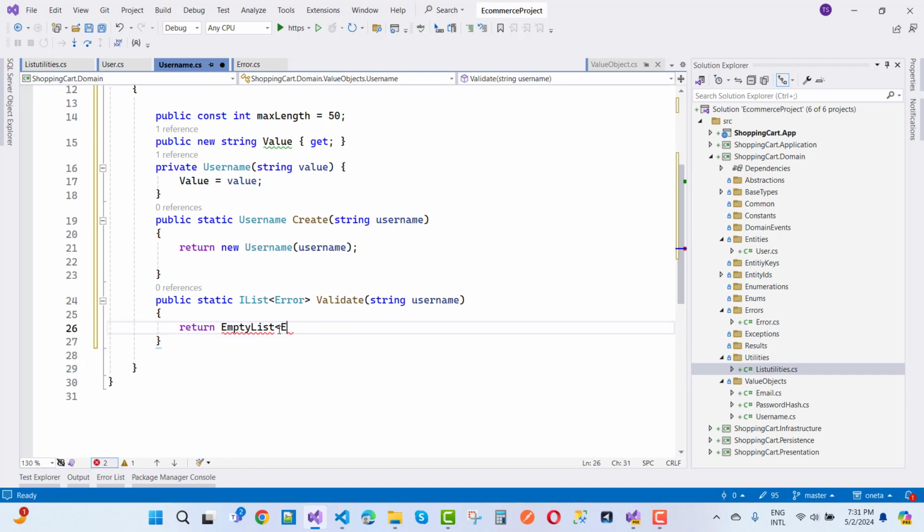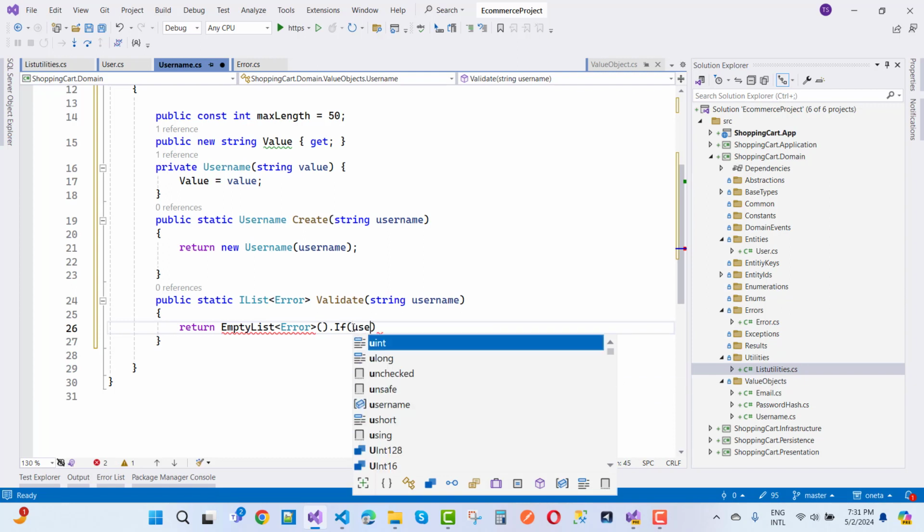Empty list of error, it's a type of T, I mean to say that. So empty list of error, that is actually existing in your empty list dot if